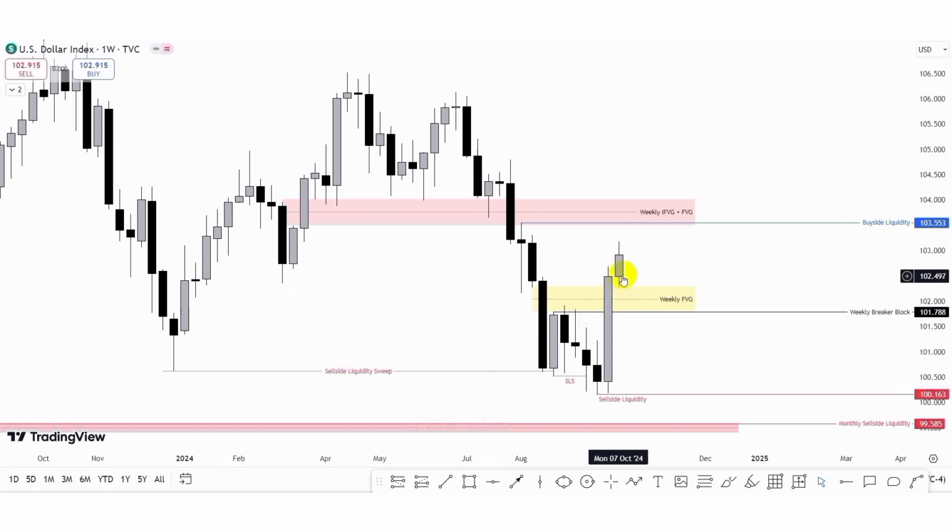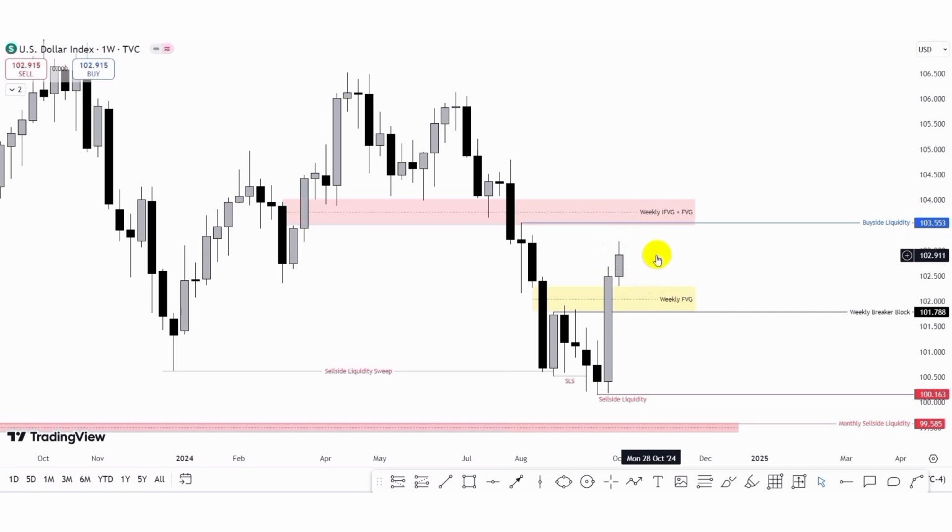Now what we can see is the market actually dipped lower, but not into the mean threshold of this weekly inversion fair value gap before we had the bullish push of price to the upside. We can see that price returned to the high of the weekly inversion fair value gap, and then you can see the bullish move of price to the upside. So I'm still expecting more bullish move because we're expecting to see that price would raid this buy side liquidity and mitigate this weekly inversion fair value gap and a fair value gap also here in the weekly time frame. But before that happens, we possibly want to see price give us a bearish move to the downside before that bullish move to the upside.